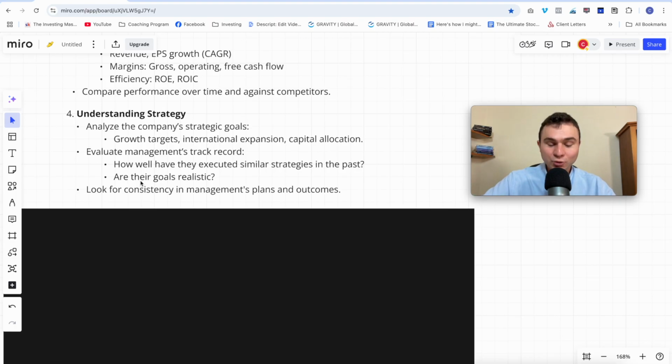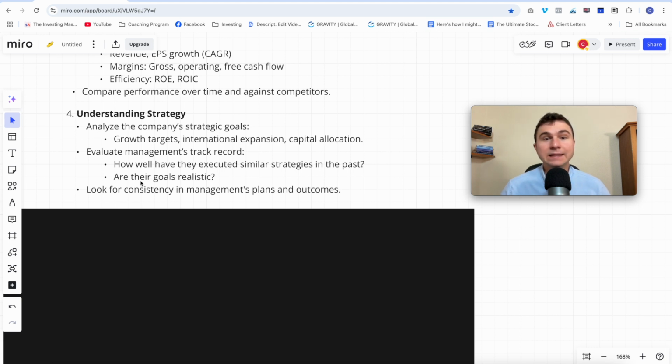This is about doing the qualitative work on a management team. That means for Arista Networks, we've seen the numbers since 2014, so 10 years ago. I want to check how the management behaved in the past. And again, we had this question of what happened in 2015. I want to see how the management reacted to this news, maybe some bad news, maybe an acquisition. What was their recipe for success at the time? And I want to see their plans in the past.